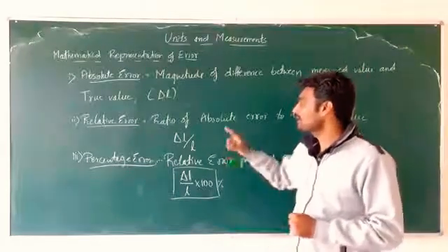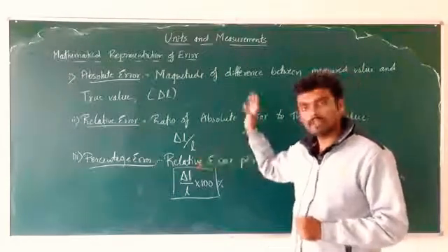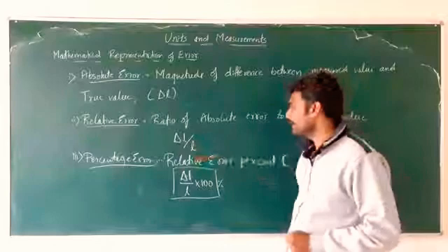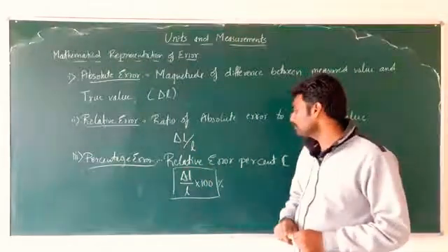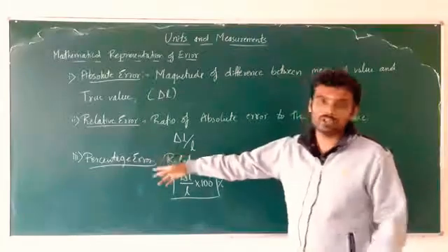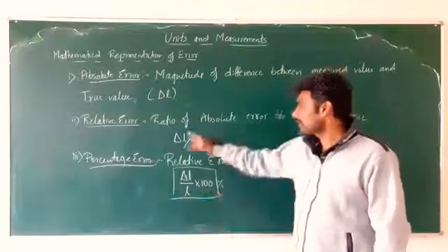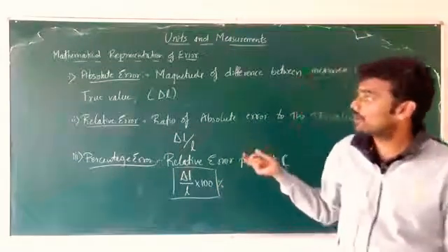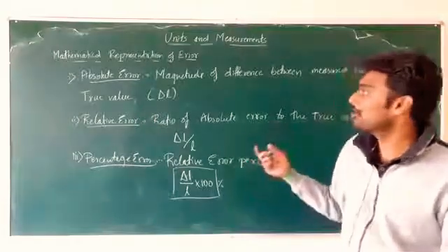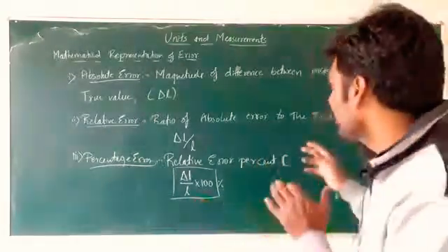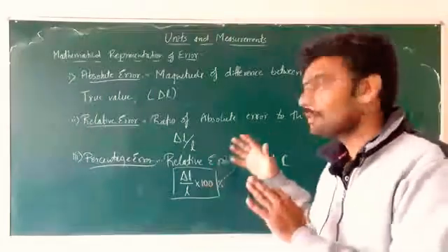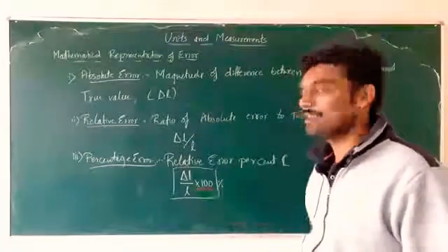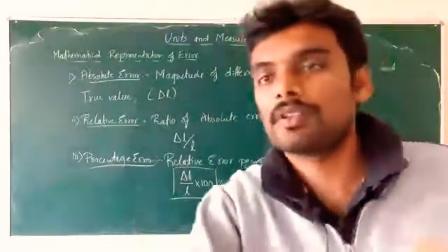Then comes relative error. Relative error is the ratio of absolute error to the true value. We know that error belongs to each measurement. We will take it and get the relative error. And then we have relative error expressed in percentage, which is called percentage error. So, same relative error into 100, so and so percent. That's it. Again, that's about different ways of expressing error mathematically. Now, we will see the actual formulae for different quantities related to absolute error, relative error, percentage error.